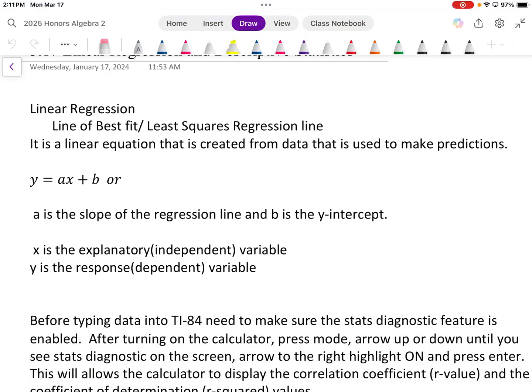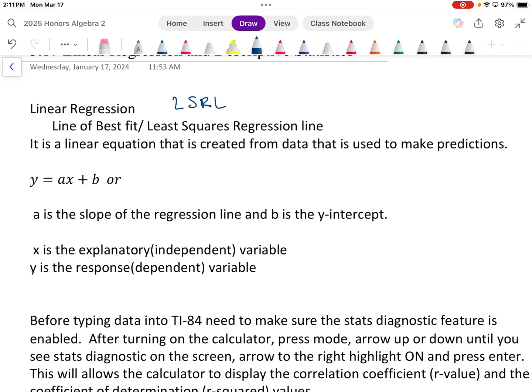All right, so linear regression line of best fit, also known as the least squares regression line. And if I happen to say it real fast, LSRL, least squares regression line. It is the linear equation that is created from the data, and we use it